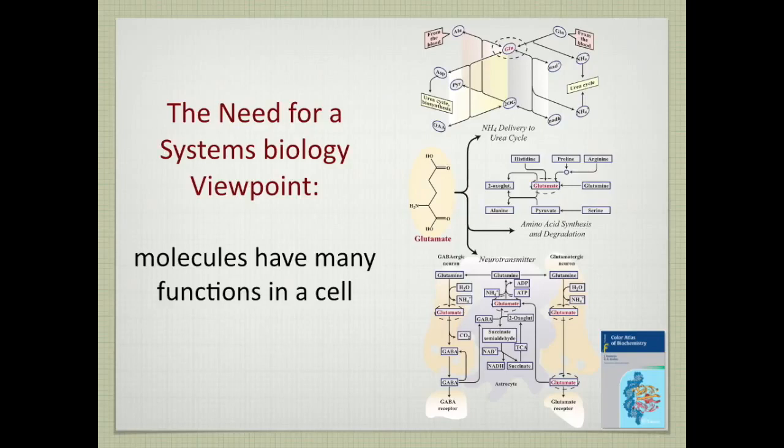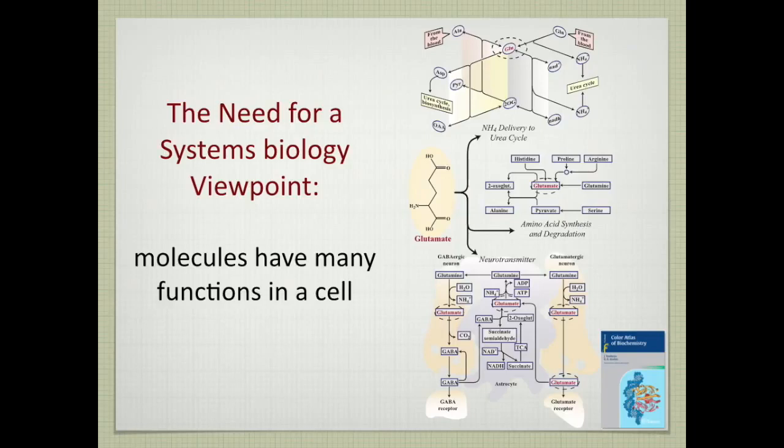Well, there is glutamine. It's in that urea cycle. And then you read a few more chapters and you see it's a neurotransmitter. GABA and glutamic acid are extremely important neurotransmitters. And you will see more functions of this molecule. And when you read each one of those chapters and you looked at the homework questions at the end of the chapter, they only pertain to that particular function of the molecule taught in that chapter.